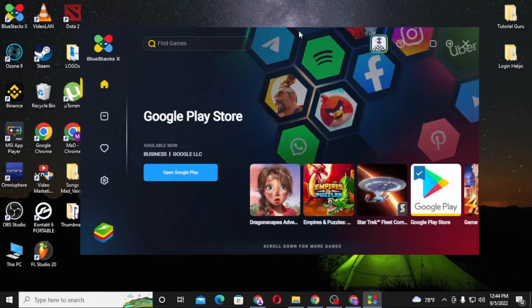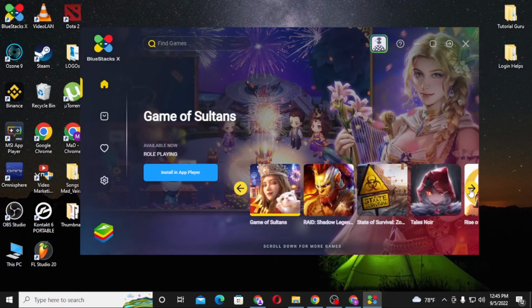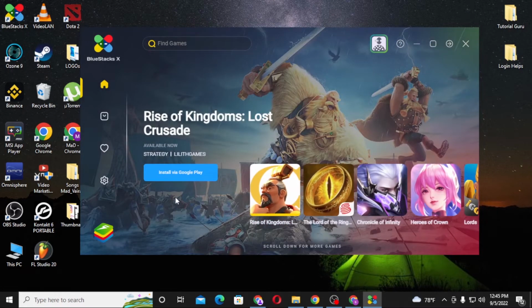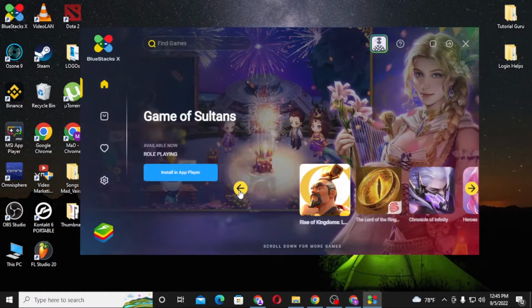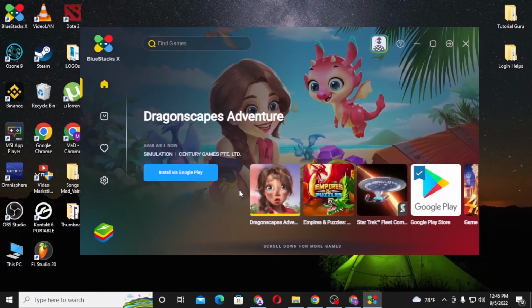And after opening your BlueStacks emulator, you can see you can download from the Google Play Store over here, and there are a lot of games provided by BlueStacks App Player itself. And now to download apps and games from the Google Play Store itself, first you'll be required to sign into your account. On the top right corner of the screen you can see there is a sign in option available